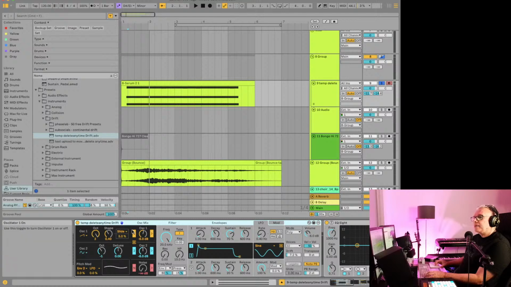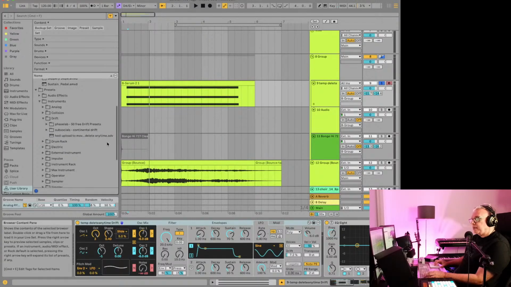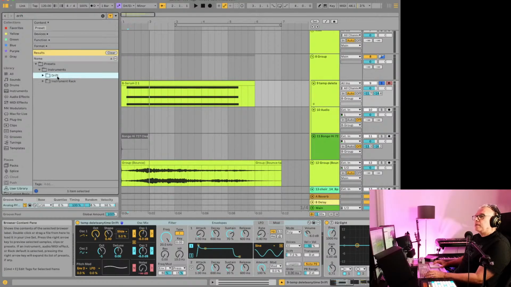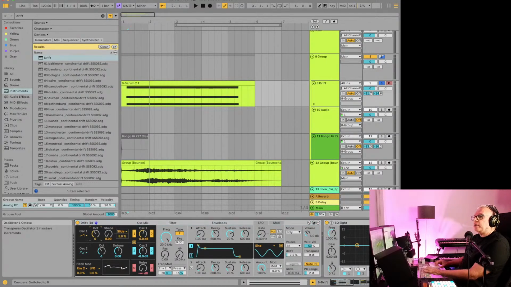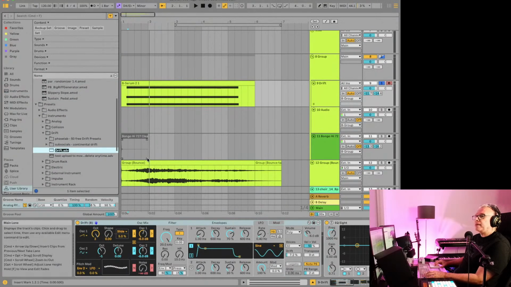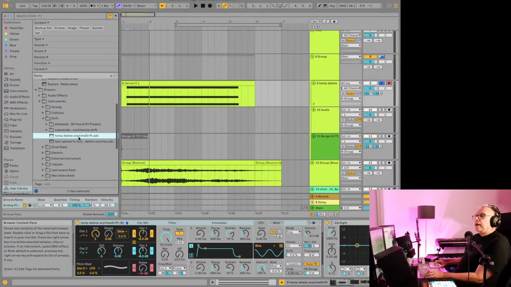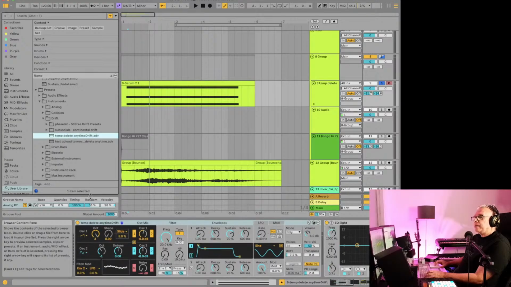Oh, wait a second. Okay, do we need to start this over? Hold on. Move to trash. And we'll start over with Drift. And we'll go to instruments here. Okay, so we've got Drift here. And then when we go to B, we're going to bring this one 3 octaves up. So now we have them both going, and we want to save this preset. Again, temp, delete, anytime. Okay, so we're going to remove this completely and bring it back in,